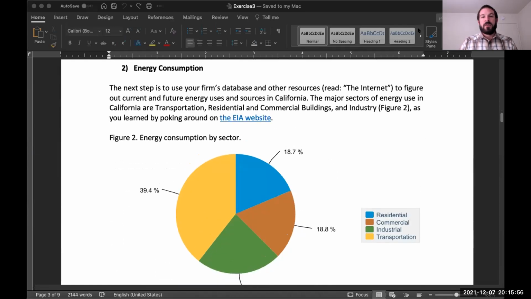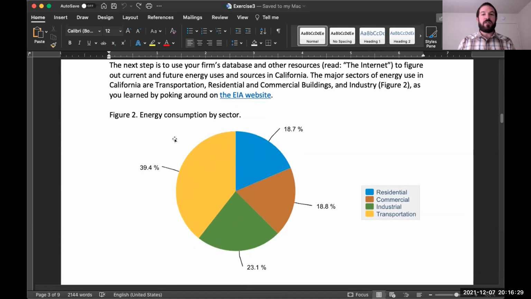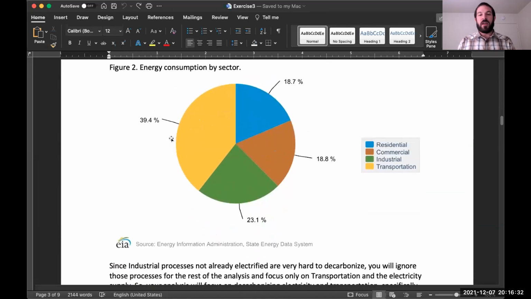All right, so now that we know population and GDP per capita, the next thing we need to know is energy consumption. We want to know how much energy, in this case specifically electricity, is being consumed today in 2020. If we're going to say how much energy per unit of GDP, we need to know how much energy. So we go to the EIA website and we find this chart and the associated tables,